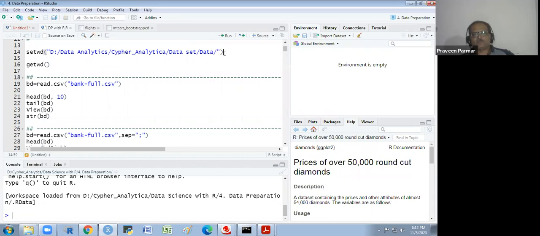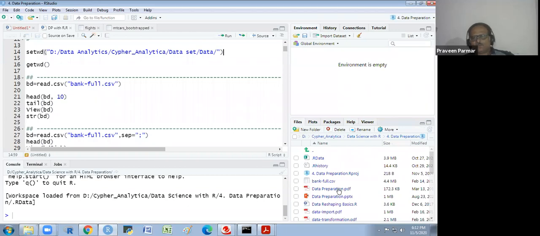I will just read it directly with read.csv, the bank-full.csv file, and give it an abbreviated alias, BD, for bank data.